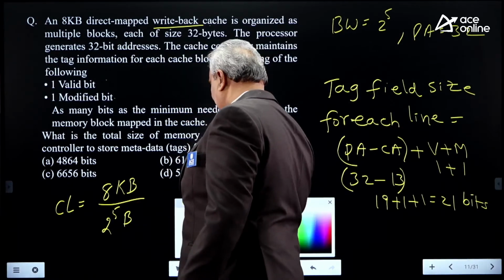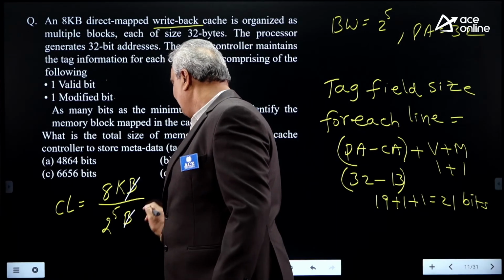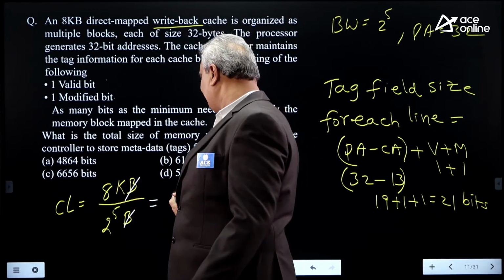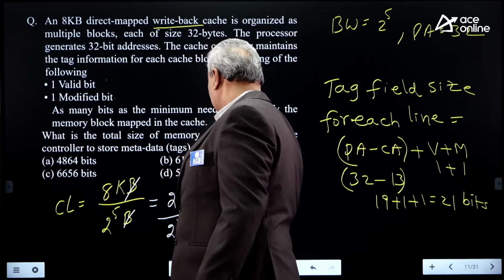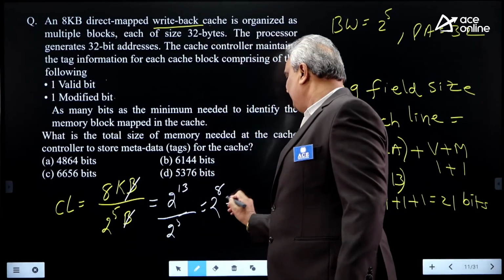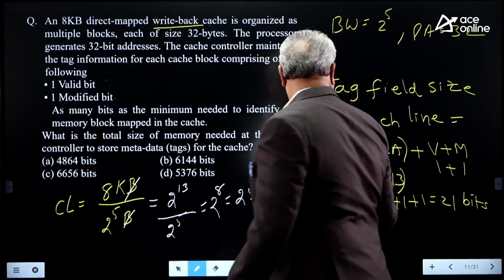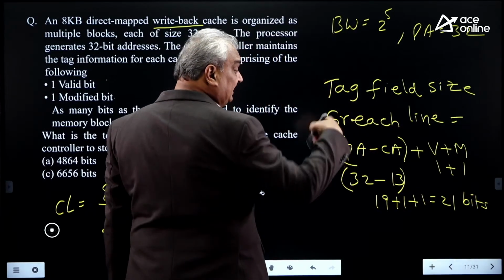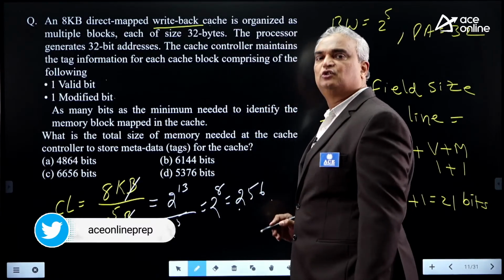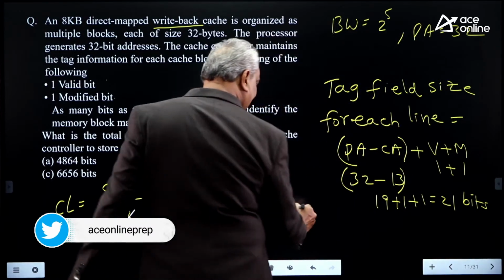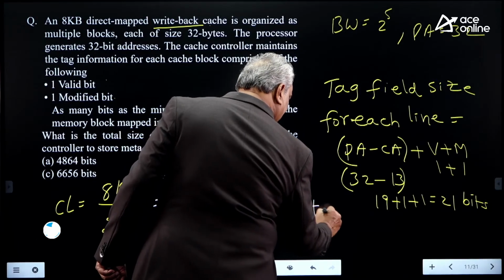Byte to byte get cancelled. It is nothing but 8K, which means 2 power 13 by 2 power 5, which means 2 power 8, which means 256. So how many bits are required here? Each cache line requires 21 bits. How many such cache lines are there? 256. Total tag directory is, total tag size